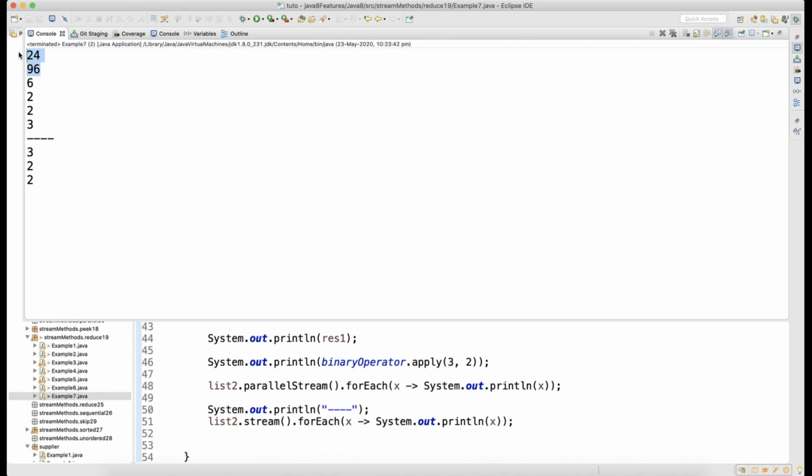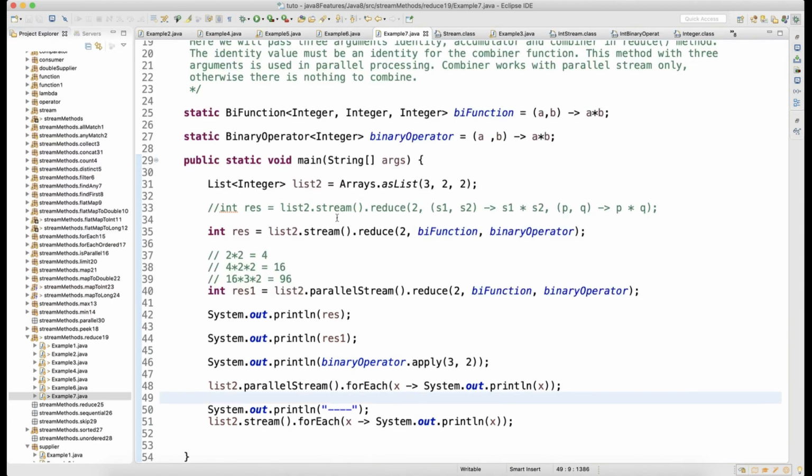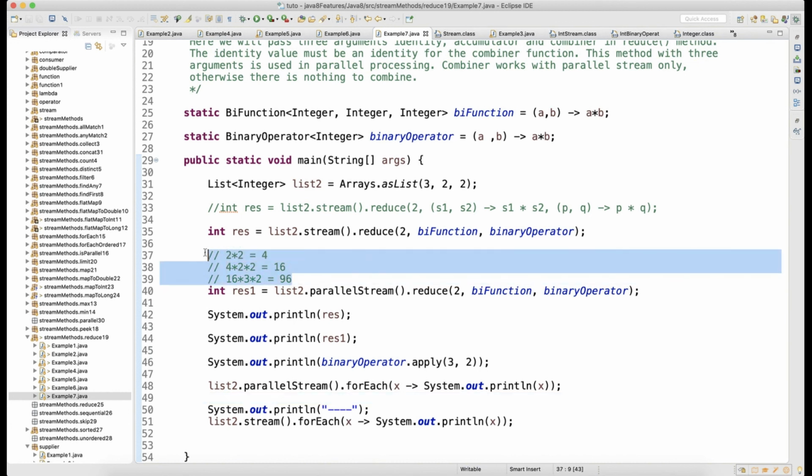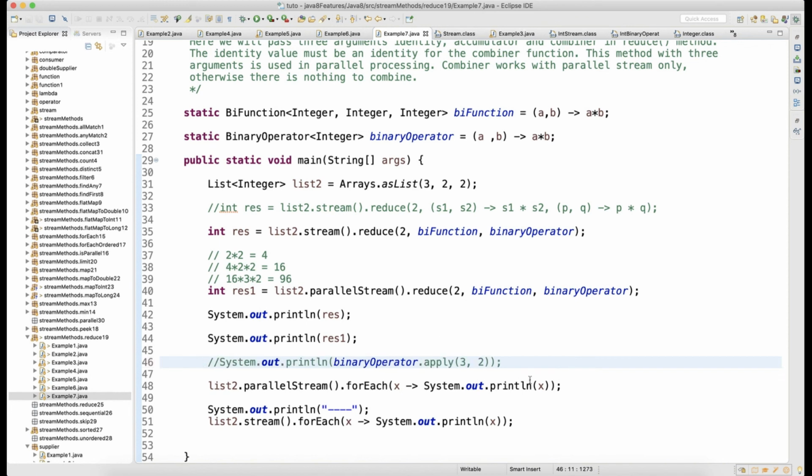You can see that 24 and 96. Second thing, I wanted to tell you why I am saying that in a parallel stream it will run like this. There is a reason for that, guys. Let me comment this. Just to explain what I did on the same list 2, I just called dot parallelStream.